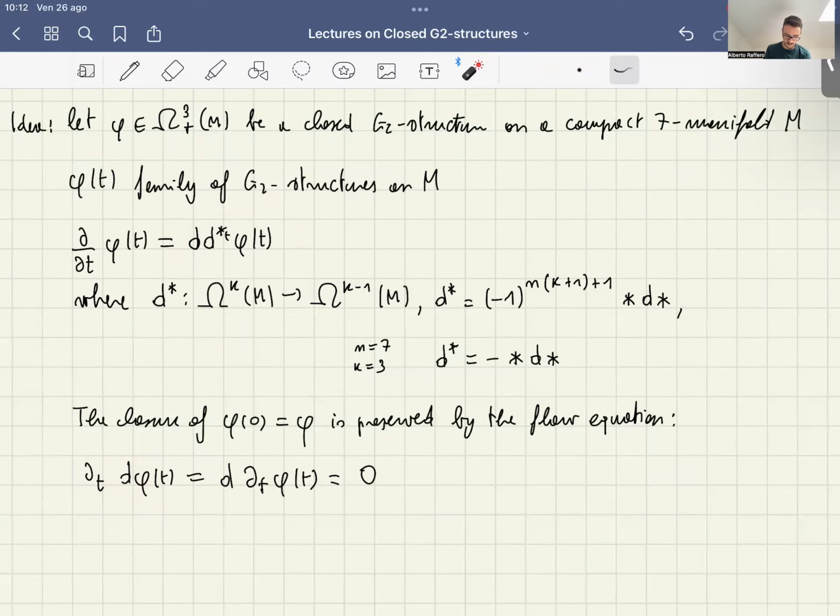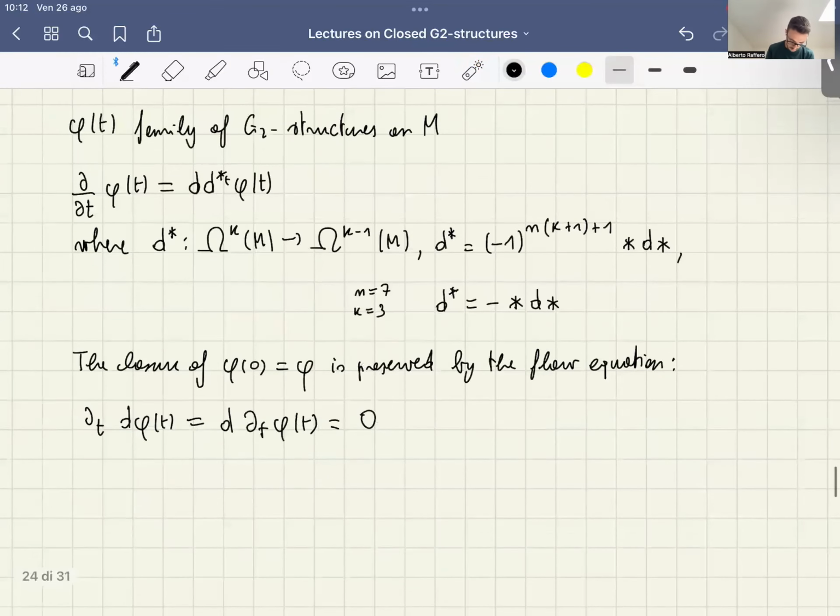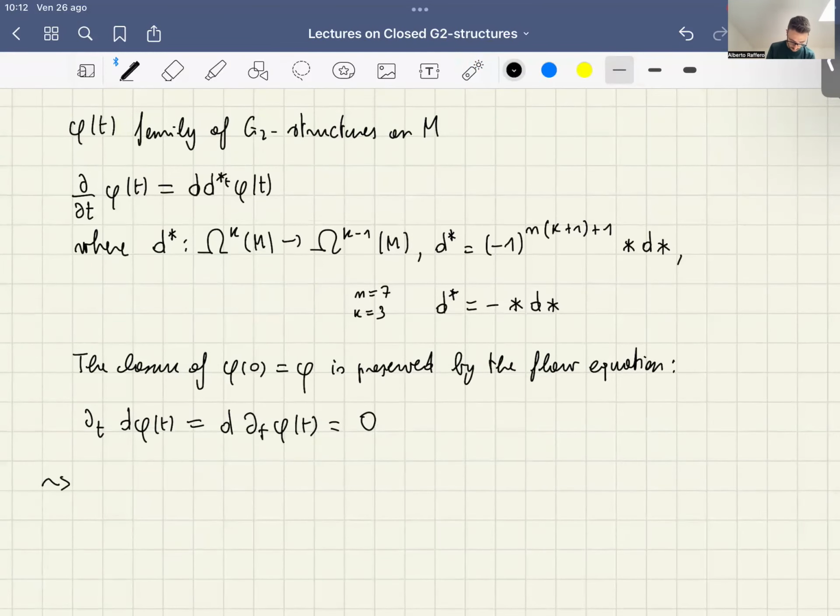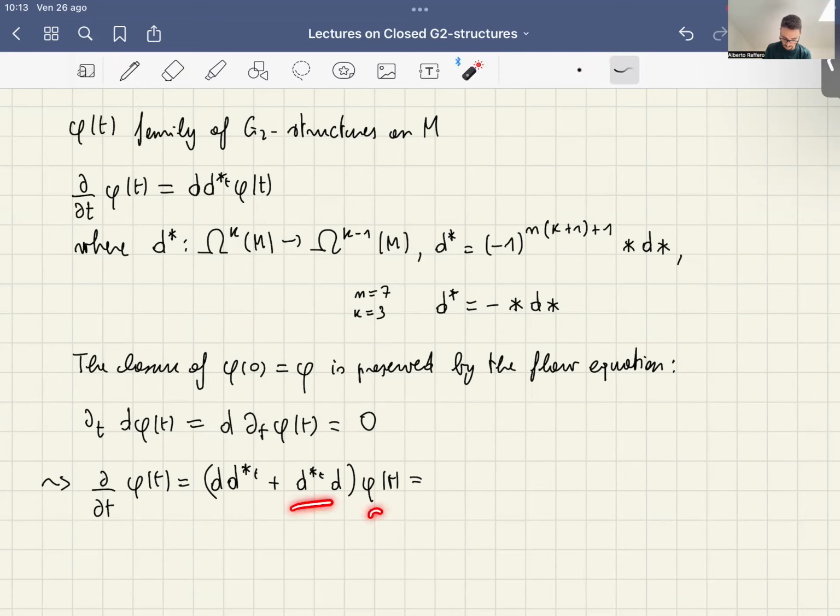In particular, if the starting G2 structure is closed, then it stays closed along the flow. And so this allows you to rewrite the flow equation as follows. You have this operator we already had, and you can write it plus d star t of d of phi t, in such a way that, since phi t is closed, here we're just adding 0, but